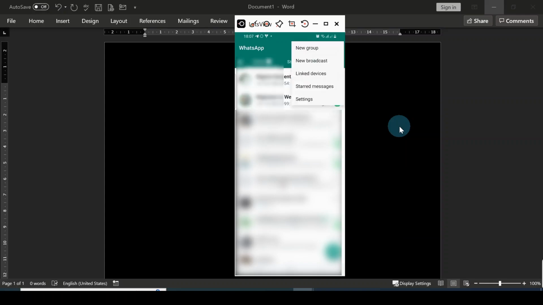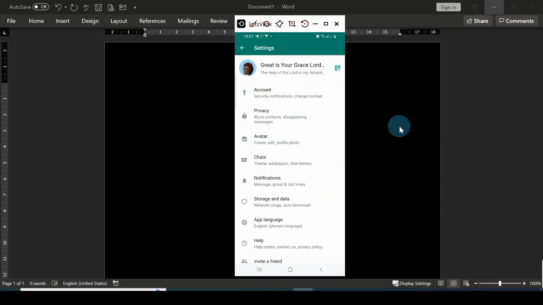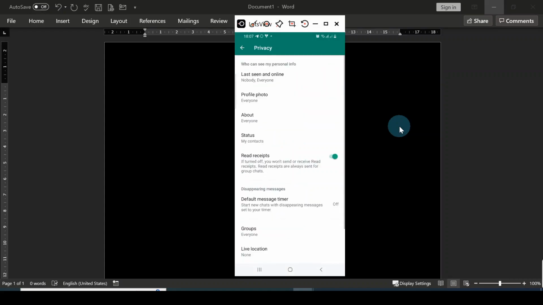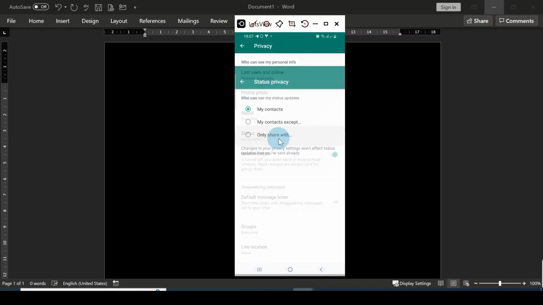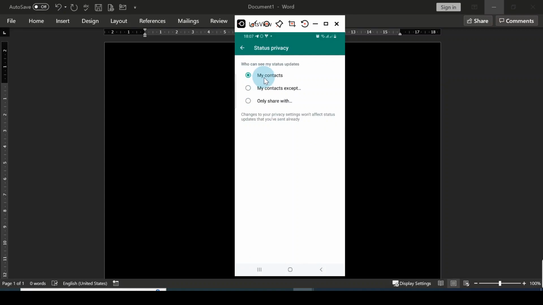Tap on the menu, which is the three dots. Tap on the settings. Tap on privacy. Now you will see status. Tap on it. Currently, as you can see over there, which is the status here, you will see it on my contacts. All right. So tap on status. Currently, by default, my contacts can see my status. Right. Now, if you tap on the second one, my contacts except, when you tap on it,